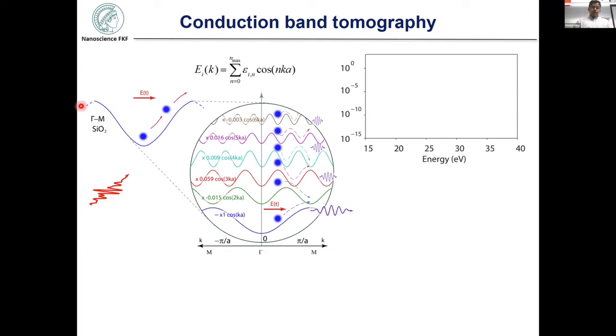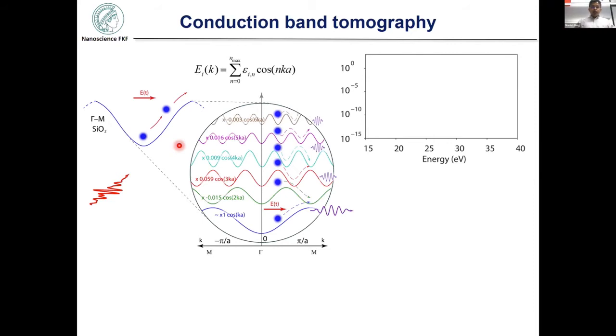And now if you look into this particular band, it can be decomposed into a series of spatial harmonics in the reciprocal space. So you can decompose it into a cos k band, cos 2k, and so on. Cos k implies there is an interaction of only two distant neighbors, which leads to the formation of this band. And if you go further, the cos 6k band is formed when there is an interaction of six distant neighbors in real space, and this leads to a contribution of the six distant neighbors in the dispersion profile of the band.